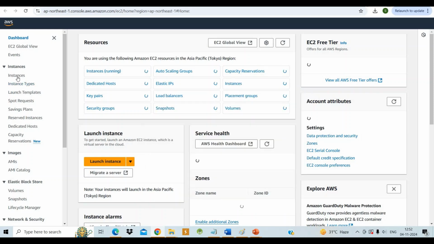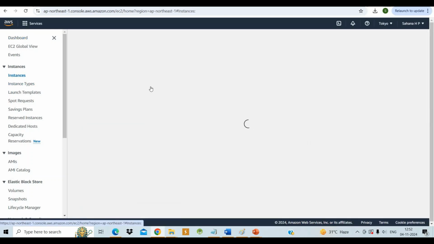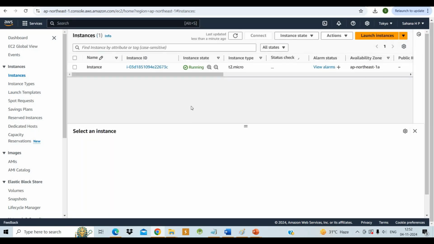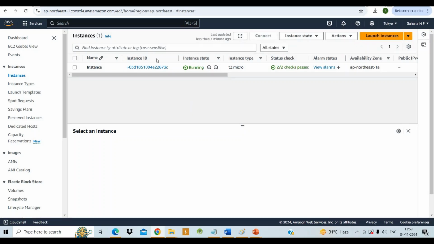Go to your instance. Here we select the instance